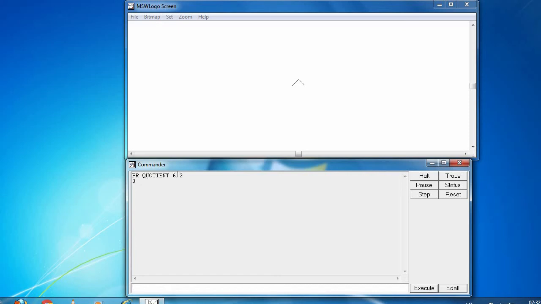That means 6 is divided by 2 how many times? 3 times. The output that we are getting is 3. I said that quotient means the answer that we get after dividing a particular value by a particular divisor. Here the dividend is 6. I'm dividing it by 2 divisor and I'm getting an answer which is a quotient. The value is 3. So this is what your quotient is all about.